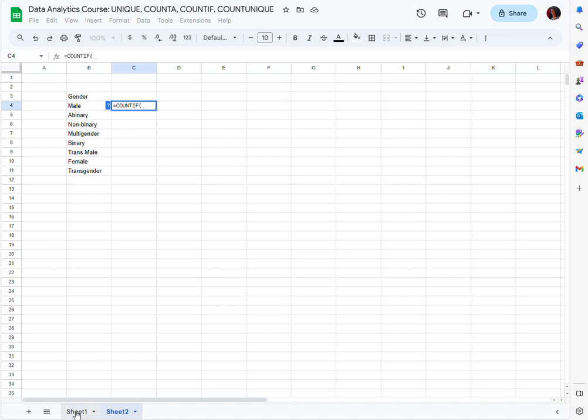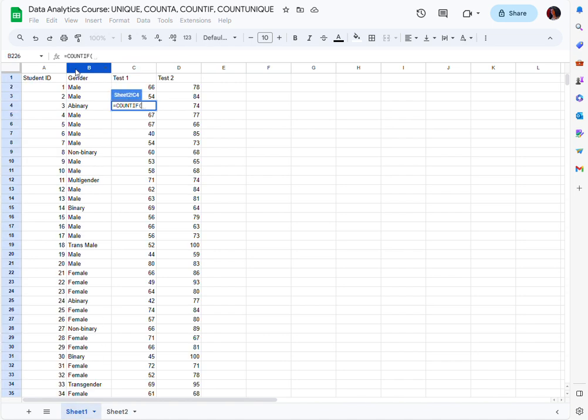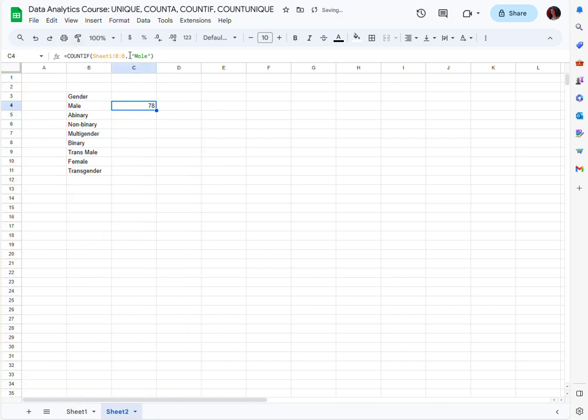Again, I am going to go back to the data and then select column B. But this time I have to specify exactly which values I want to count or which types of gender identifications I want to count. And because I'm working with string data, I have to use quotation marks, and then I'm going to type male with the capital M because this is how it shows up in the data, and then hit enter. And now I see that I have 78